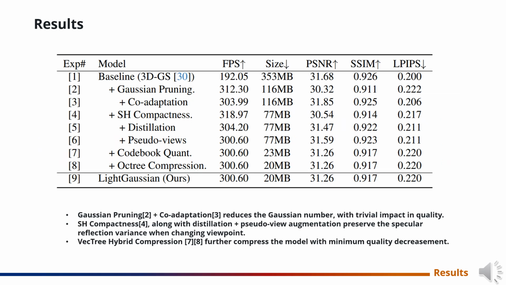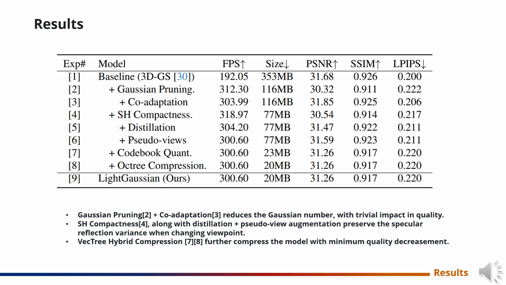The ablation study validates that zero-shot Gaussian pruning leads to a degradation in rendering quality, number 2, but co-adaptation can recover most of the scene details, number 3. Directly eliminating high-order SH negatively affects the quality, number 4, while distillation with pseudo-view helps to mitigate the gap, number 5, number 6. Codebook quantization significantly reduces the required model size, number 7, while lossless octree compression helps to preserve